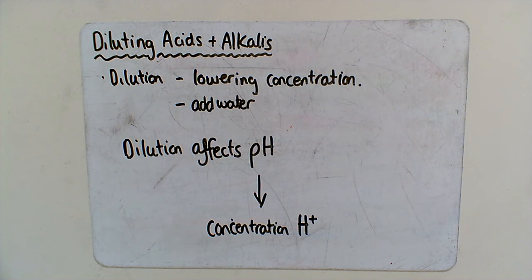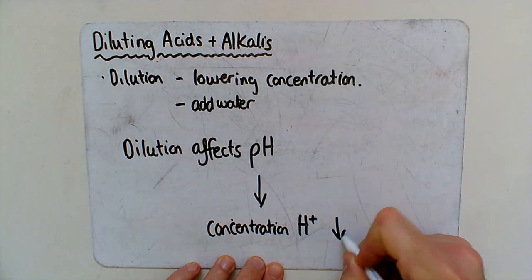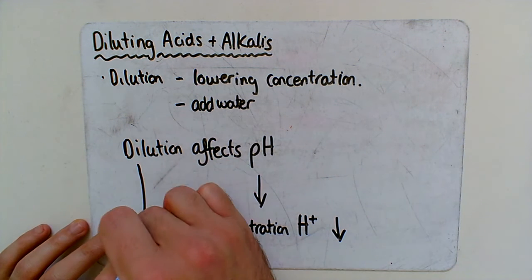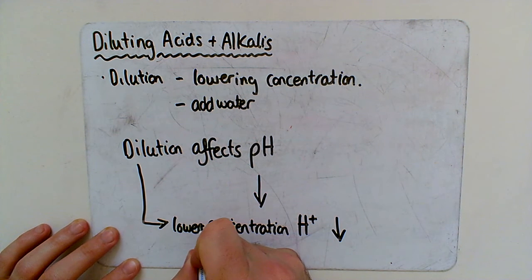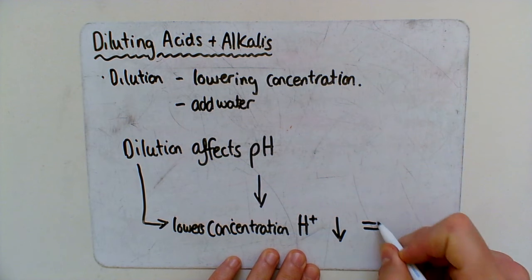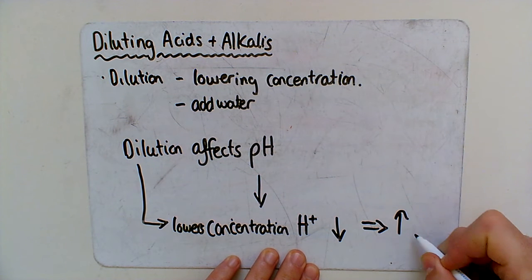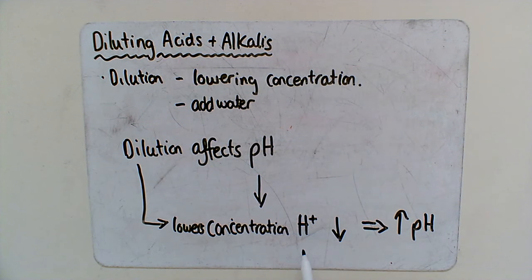And so if you dilute a solution, the concentration of this is going to go down. So dilution lowers the concentration of H plus, and what this does is it increases pH,